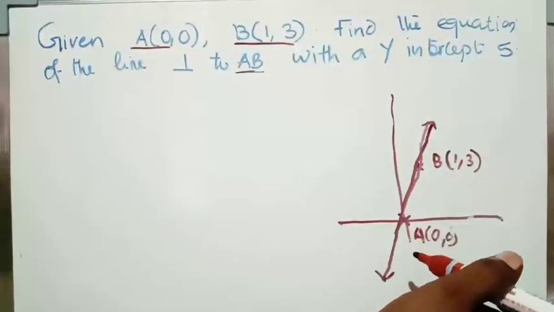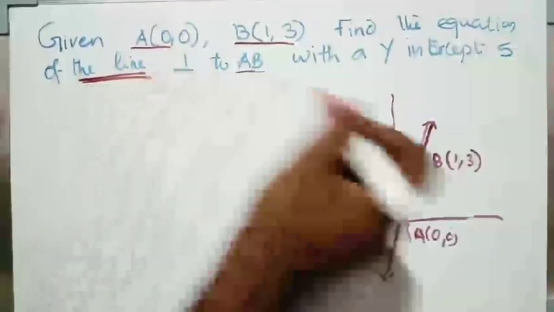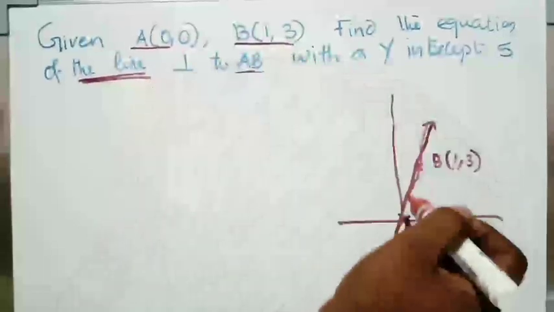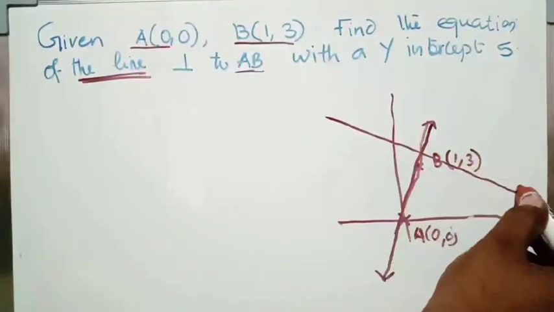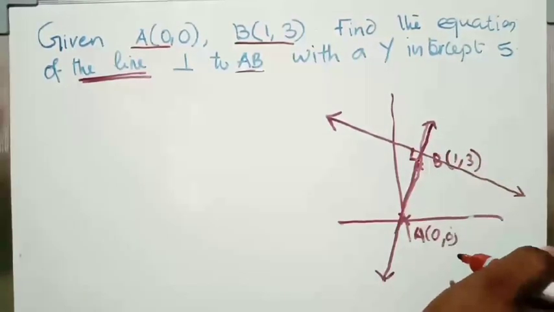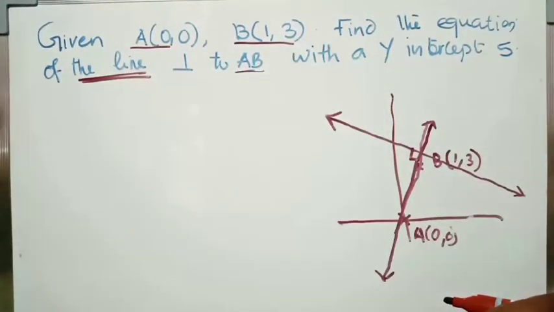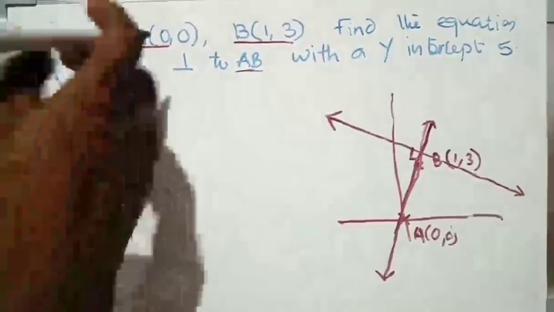AB is a line. And now we have another line, which is our required line. And given that the required line is perpendicular to AB, so we have another line. This is the required line and it is perpendicular to AB. Got the concept? With a y-intercept of 5. Okay, so here two pieces of information are provided about our required line. What are the two pieces of information provided about the required line? Yes, the first one is